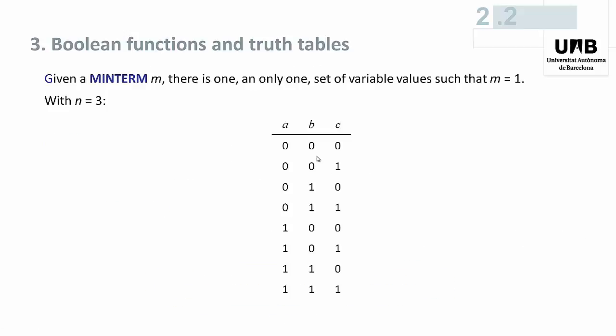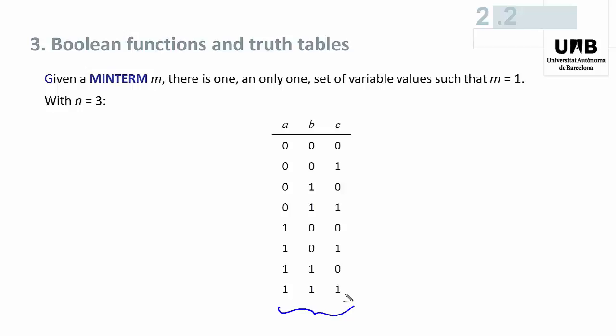Then, given a minterm, we can see that there is one and only one set of variable values such that this minterm is equal to 1. Assume that n is equal to 3 as before, and consider here the 8 combinations of values of 3 variables